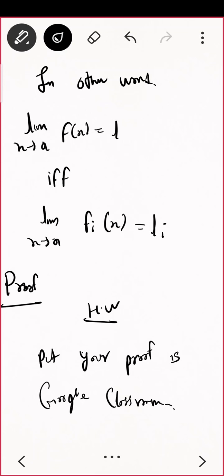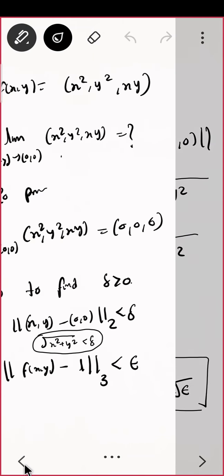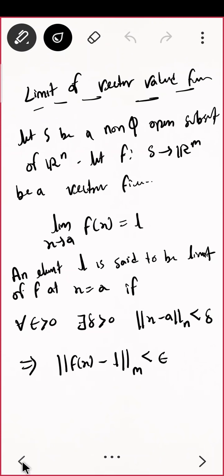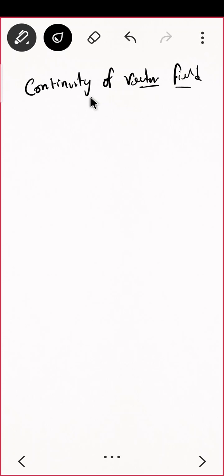Yeah. And same goes for, this was the definition of limit. Can you define continuity? What will be the changes in the definition of continuity? At the place of L, you will be having f of a, that's it. This definition is same for continuity of vector field. Let me just quickly define that. So in the next lecture, we'll be doing some questions based on this.